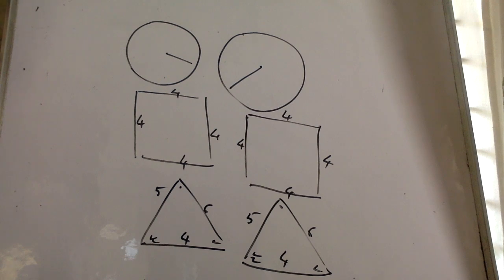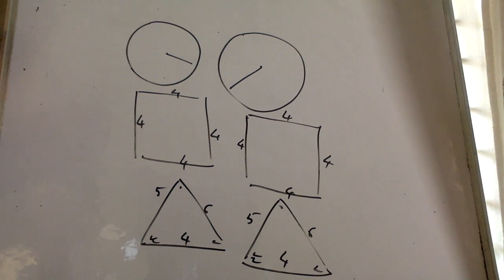That is, if I cut out both the triangles from paper and place them one over the other, then the sides should match and the vertices also should match. That makes them congruent triangles. Now in this chapter we are going to do only congruent triangles. Remember, it is not always possible to cut out triangles from paper. It's not possible for you to cut out paper from the question paper and check, but they will give you two triangles